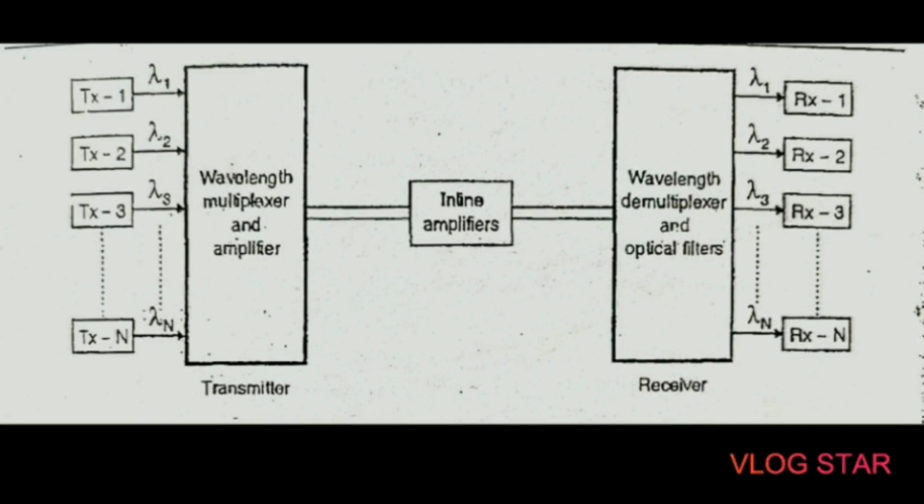Okay, so there are some key features of WDM. First, it increases the capacity of the existing transmission link. Second, due to utilizing the full bandwidth, a large number of signal formats can be transmitted over a single fiber. Third, routing of the signal is convenient by assigning a signal to each wavelength and routing them across the network by using wavelength-sensitive routing devices. So these are the key features of WDM.